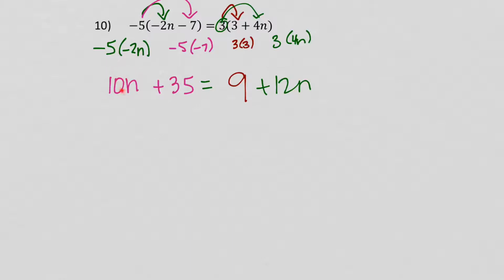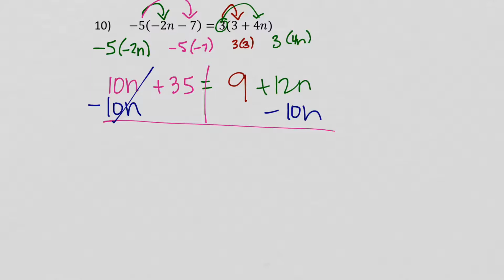I have a 10n, and on the other side of my equal sign, I have a 12n. Who am I going to move? Well, I'm going to move the 10n because he's smaller than the 12n. So I'm going to do the opposite of 10, which is to subtract. So 10n minus 10n cancel out, and I'm left with 35 equals 9 plus 2n, because